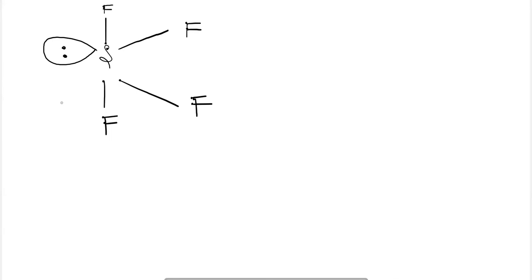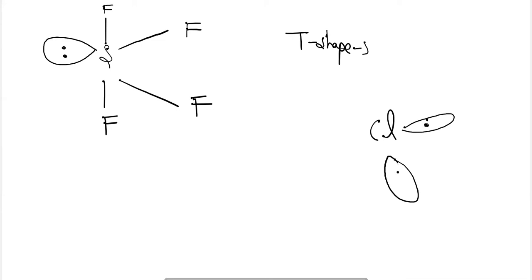Next is the shape for the compound ClF3. Okay, it is also having a similar structure, but the shape here is called T shape. Okay, it is termed as T shape where Cl possesses two lone pairs like this, one lone pair and one lone pair, and one fluorine is below and one fluorine is above here with a single fluorine atom attached to the chlorine